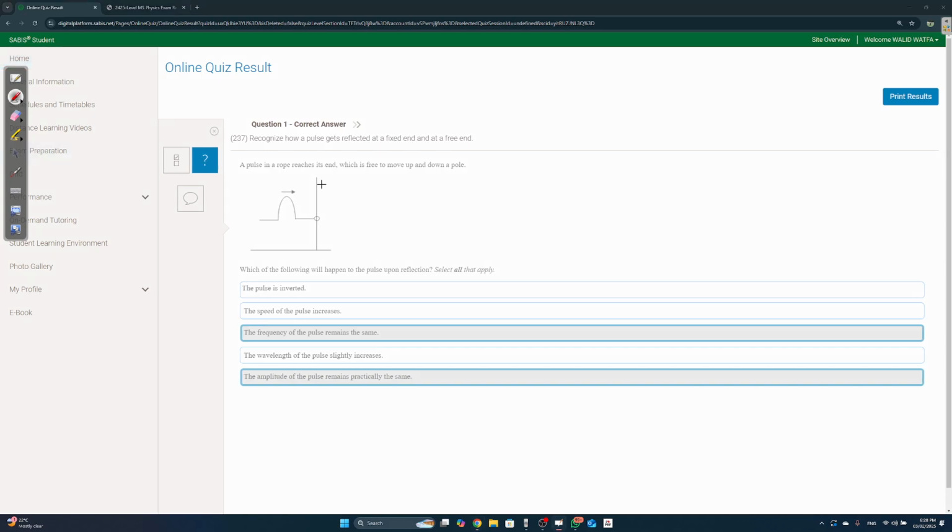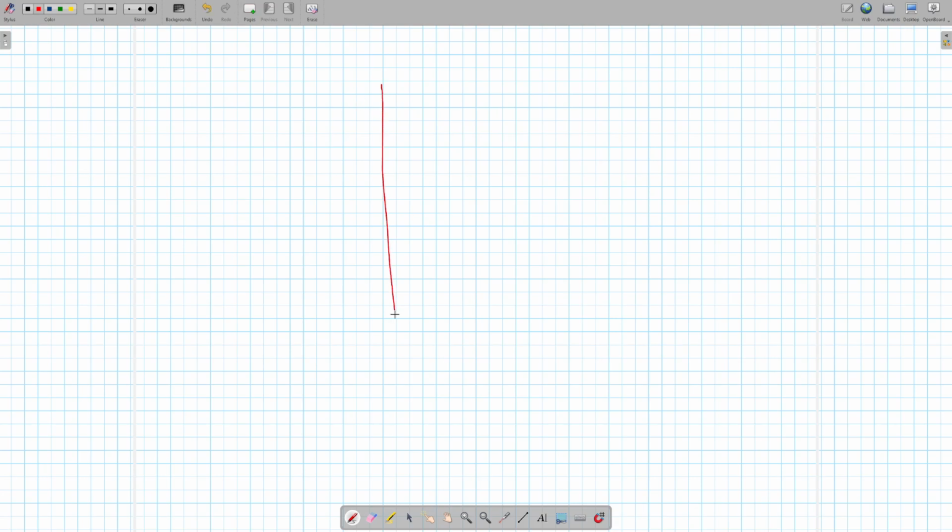It says a pulse in a rope reaches its end, which is free to move up and down a pole. What's going to happen to the reflected wave? Basically, waves can reflect, okay? So let's say you have your wave, and you send it like this. There are two cases. The first case is on a fixed end. When you have a fixed end, when it reflects back, it's going to look like this,